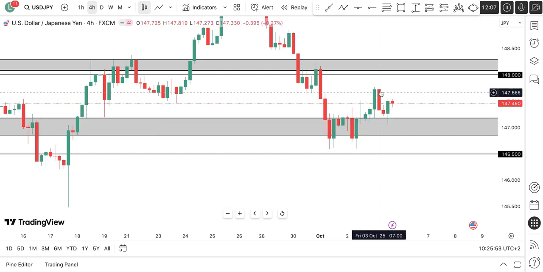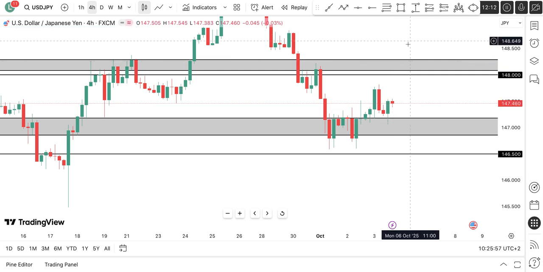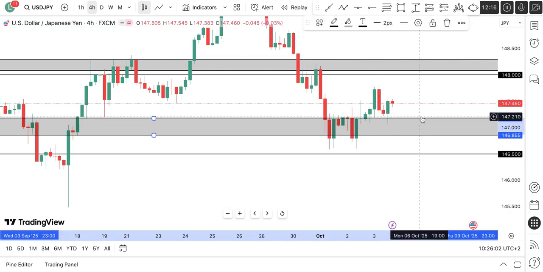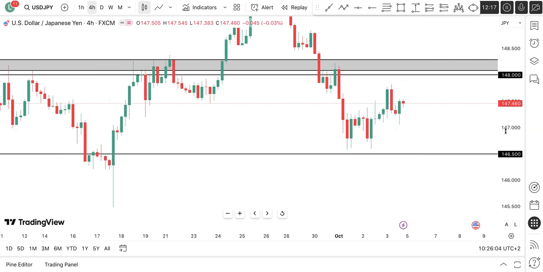So we broke above, we retested it, and we had a huge bullish engulfing candle, and this is very good. This is a great sign for us, right? A huge bullish engulfing candle. But the next trend will leave at